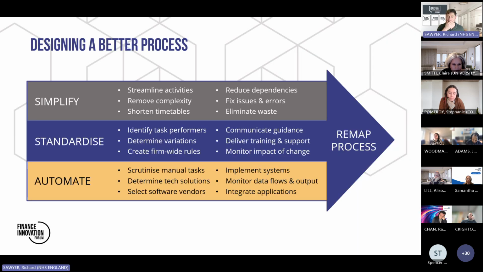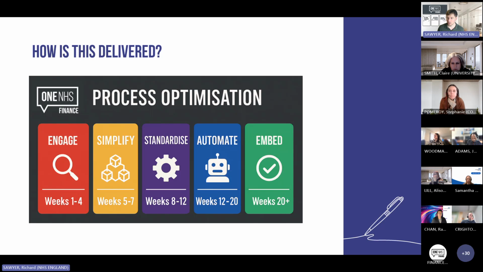This is essentially what I was talking about earlier and what we're going to do. Thankfully, now we don't need to use expensive consultants to map our processes. We can do it all ourselves because we've got AI to help us redesign them. But the first thing we need to do is not jump straight to the automation bit. It's to simplify what we've got, standardize the similar processes, and then you're in a position to be able to automate at the end. Okay.